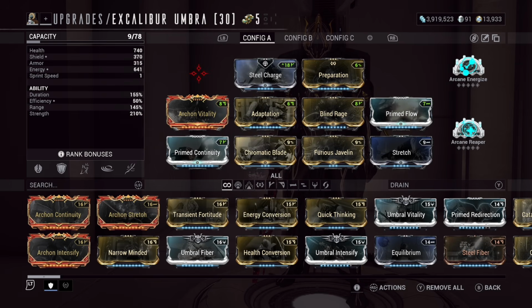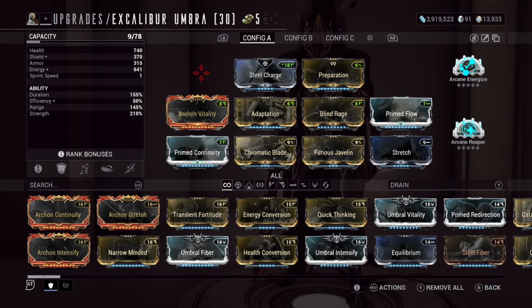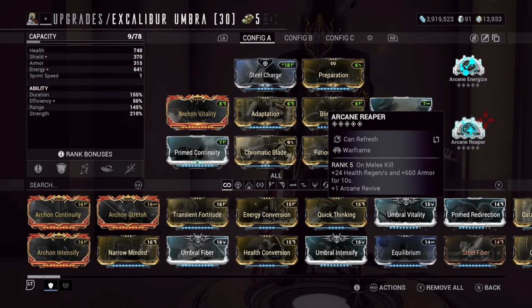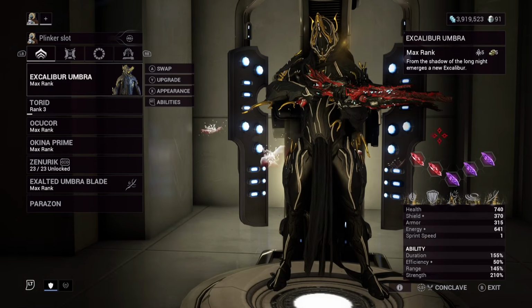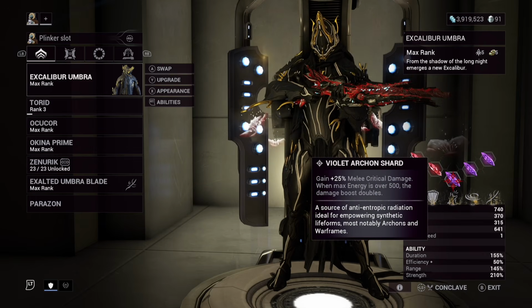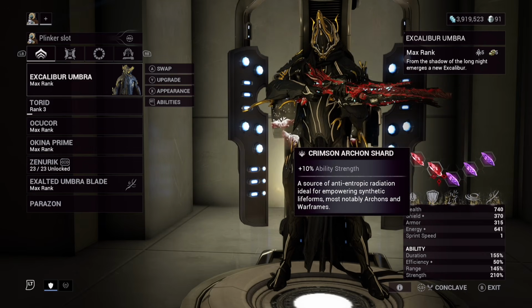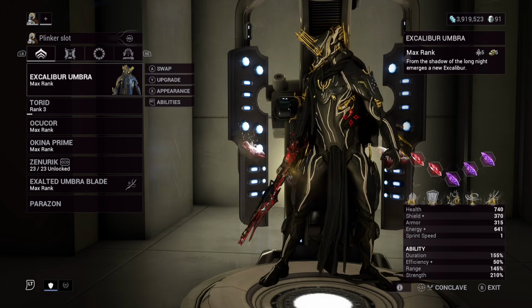Of course, I have Steel Charge on, because that increases melee damage. I went with Arcane Reaper for survivability because I'm mostly going to be doing melee kills anyway. Alright? As for my Archon Shards, I have 3 of them dedicated to the purple ones that increase your melee critical damage, and I also have 2 for ability strength to help out with Javelin and, of course, Pillage,